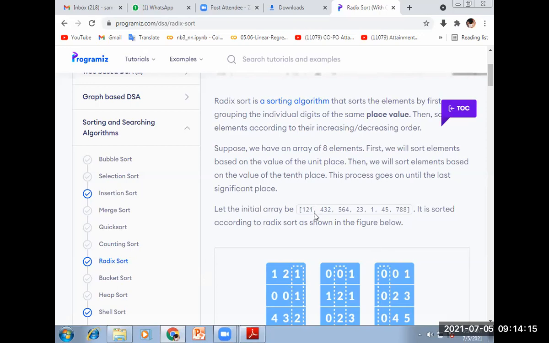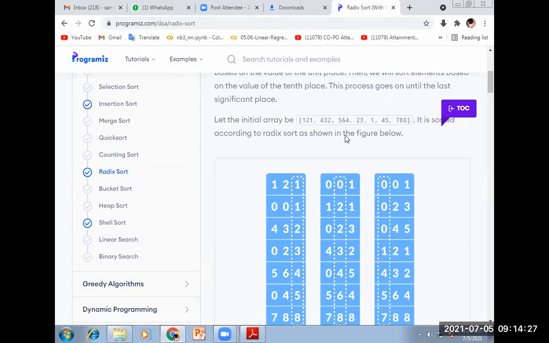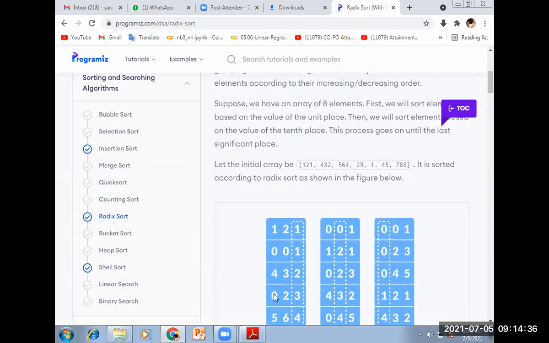We store the elements according to the least significant digit. Here the first least significant digit is 1, so in the first position we store it here. Here it's 2, so the second position we store here. Then 4, the fourth position, and again here the third position. So we are considering the table with the numbers 0 to 9: 0, 1, 2, 3, 4.